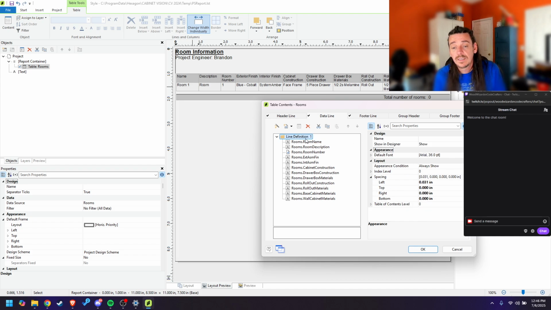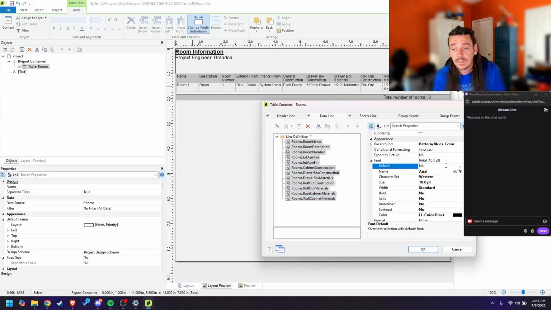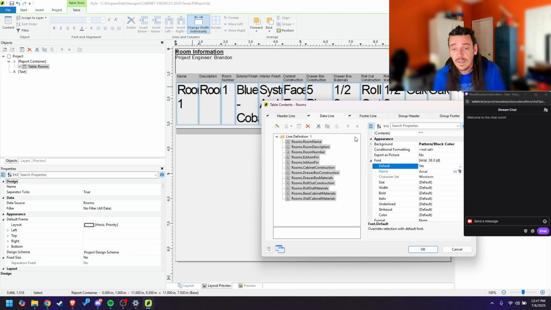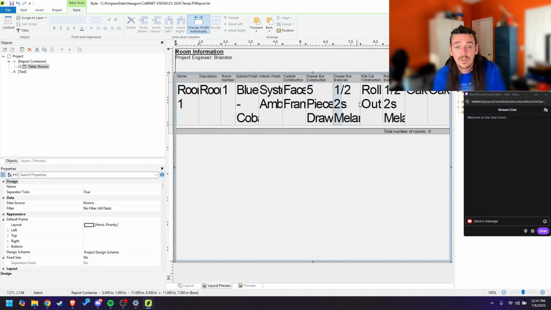I see, because I did not leave these as default font. Yes, now they're going to follow the line definition. There we go. So obviously this is way too big for anybody to read, but I wanted to show how